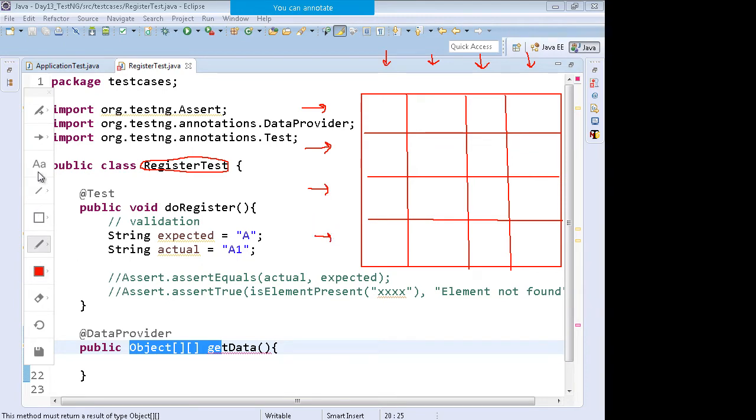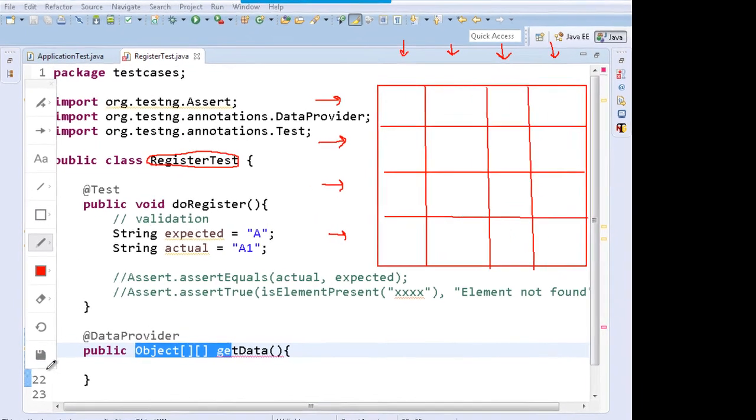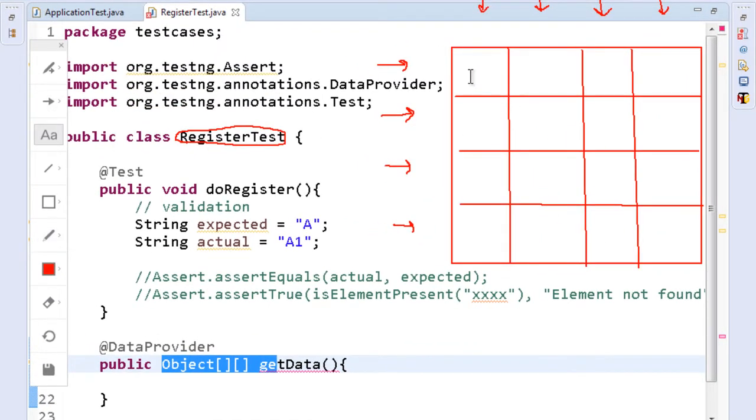I hope you know what a two-dimensional object array is. It's got indexing, for example this is 0,0, this is 0,1, this will be 2,1, the third row, index 2 comma 1. Basically every cell in a two-dimensional array has an address.